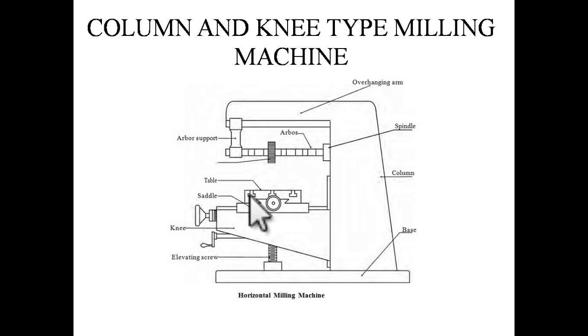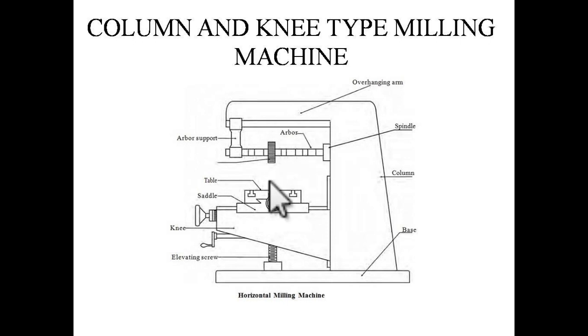It means the workpiece will be clamped on the table, and the saddle will be used for the sideward movements of the table, and the up and down movement is adjusted by the movement of the knee, and the knee will move with the help of the column and also on the elevating screw. So this elevating screw will be used for the up and down motion, and here will be the cutting tool